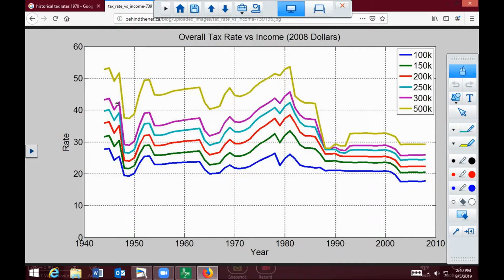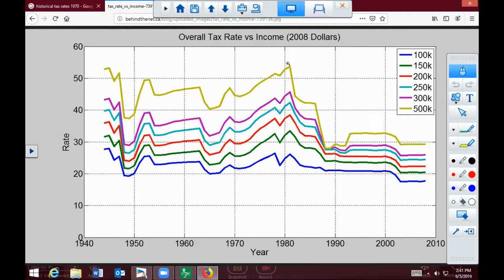And they fell. This is 1945, when peace was declared, and then they were raised back, not quite to the level of the war, but they were still raised back up in the early 50s. Then they were lowered. Then they hit another slump. Then during the 1980s, it got to the point where anything over $500,000